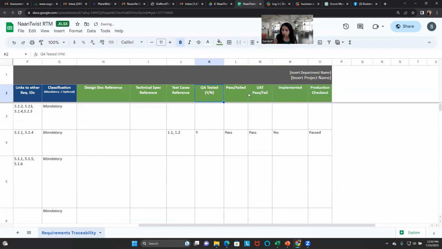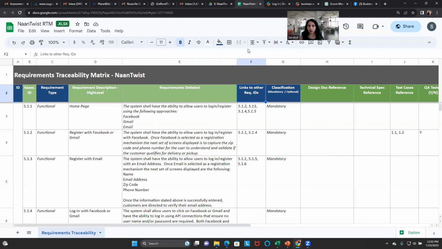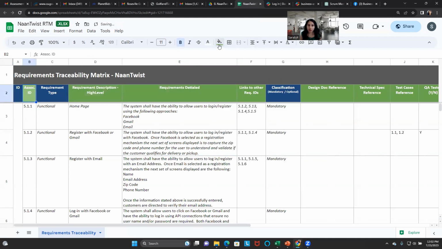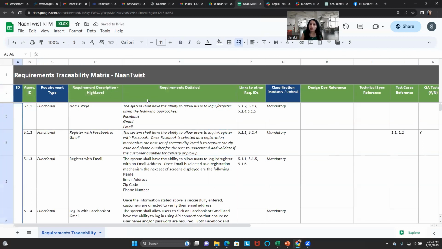Okay, so here now what I've done is I've highlighted some things that you definitely need to have as part of your RTM, and I'll talk about what these things are in just a moment. Okay, and I will create this as a template and send it to you or include it in the comments area for you. So talking about an RTM, you definitely need to have your requirement ID because that's how you